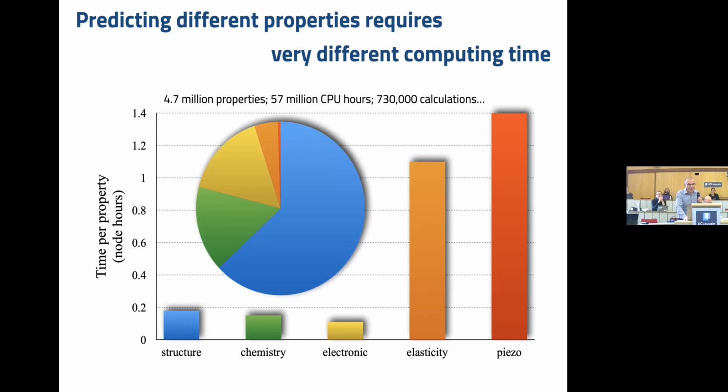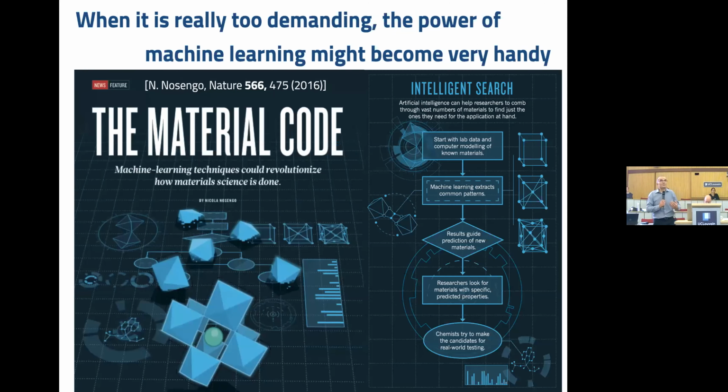This is where machine learning can really become important. For those properties that have not been computed in large amounts, it can be trained to give some idea of the range that the property can take for some materials, and then maybe you do an actual calculation that is long, but that you can afford for a limited number of materials.